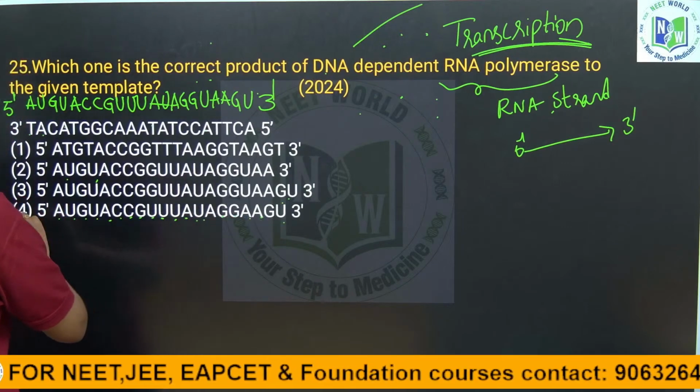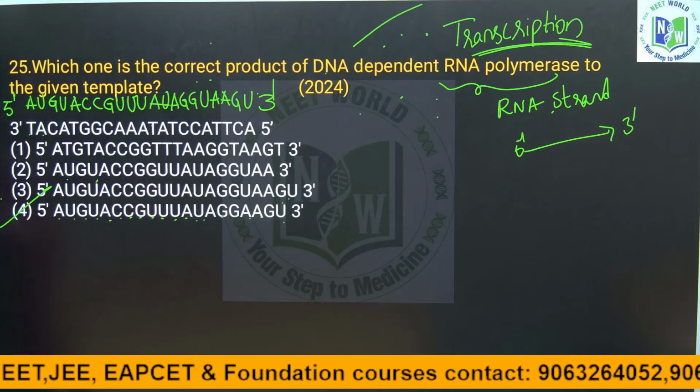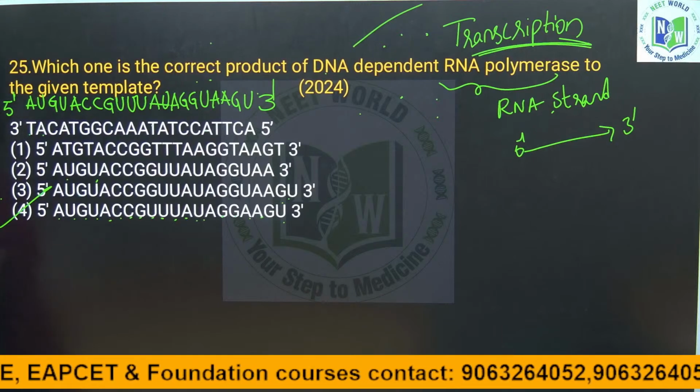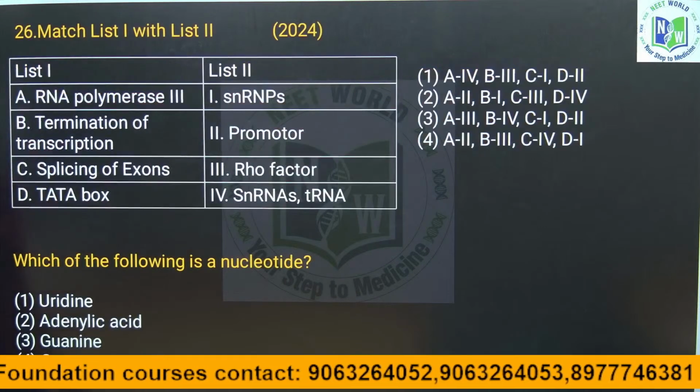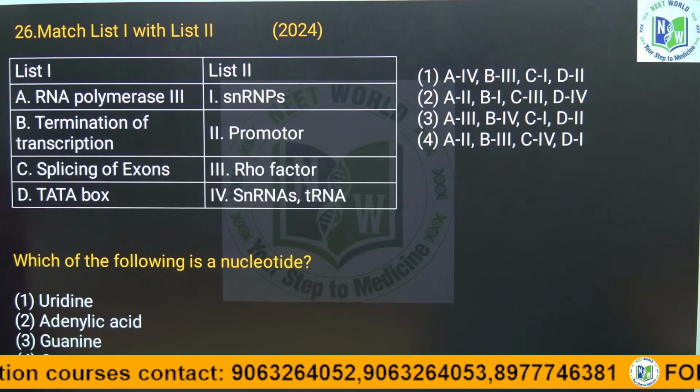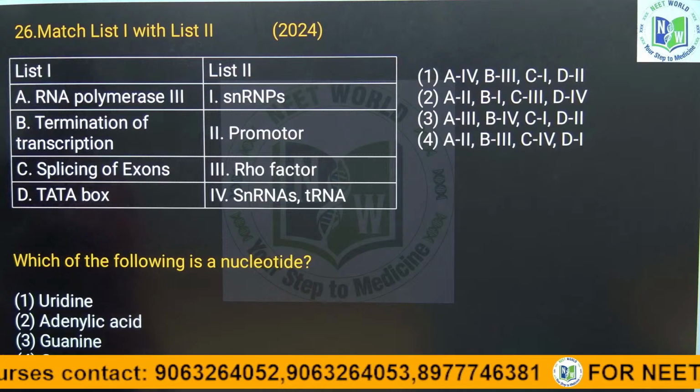Yeah, option 4 is the correct answer. Just cross check it once, beta, okay. Option 4 is the correct answer. Next, match the following type, wherein RNA polymerase 3